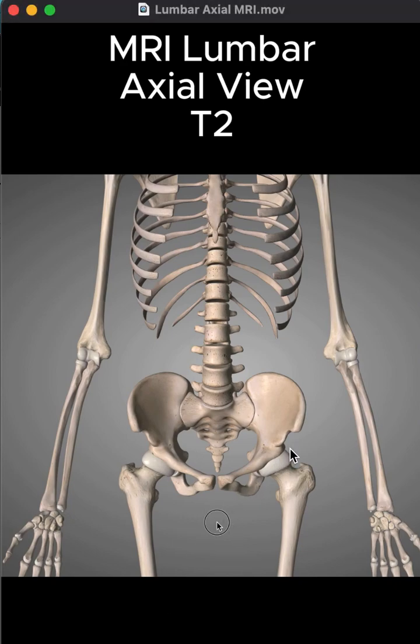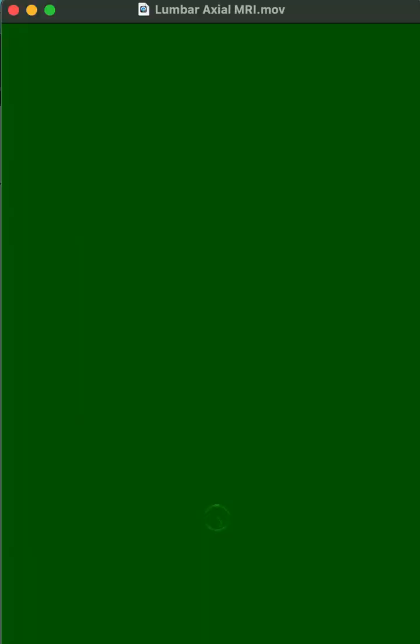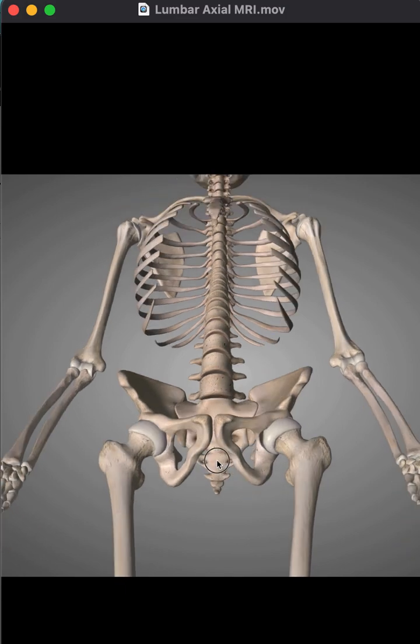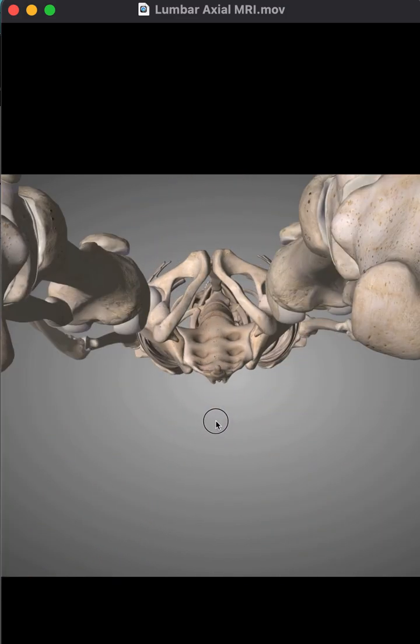So here in the video, you can see a skeleton facing us. So this is technically the right side, this is the left side. The way the MRI is oriented on the screen is exactly how the patient is positioned. They are placed on their back and slipped inside the tube. So the general view here is as follows. You can see as the spine turns up this way, this is the general view